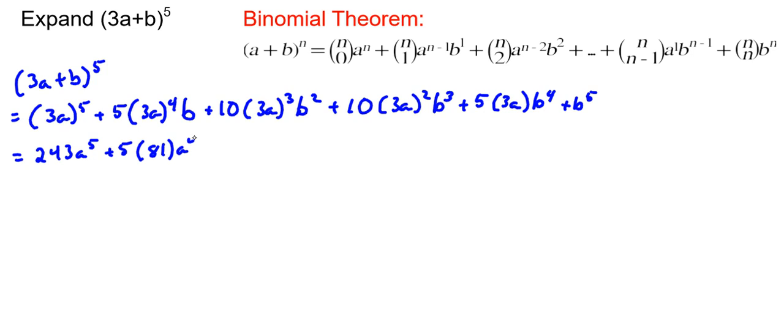We're going to have a to the power of 4, b, and then it's 10 times 3 cubed, which is 27, and then a cubed, b squared, plus 10 times 3 squared, which is 9, a squared b cubed, plus